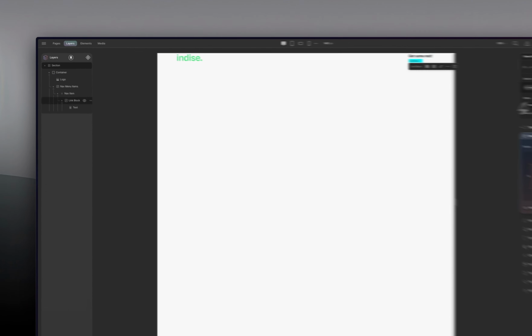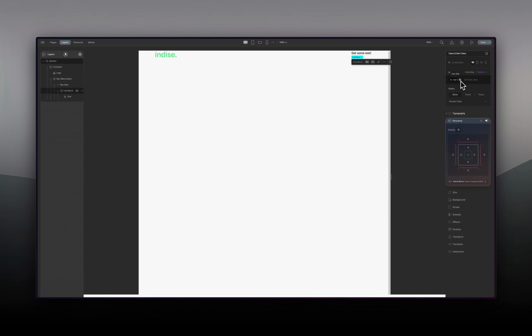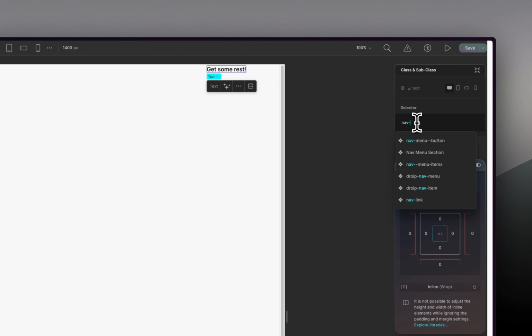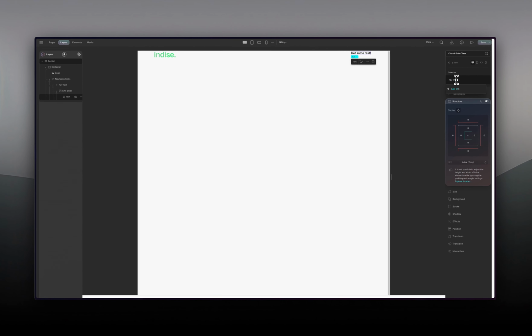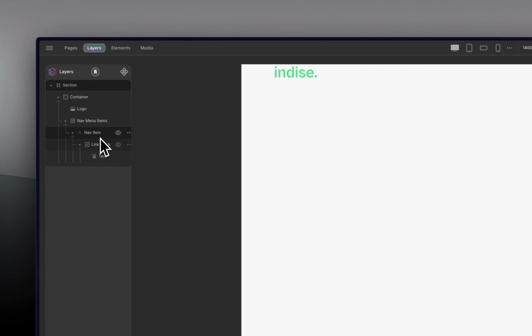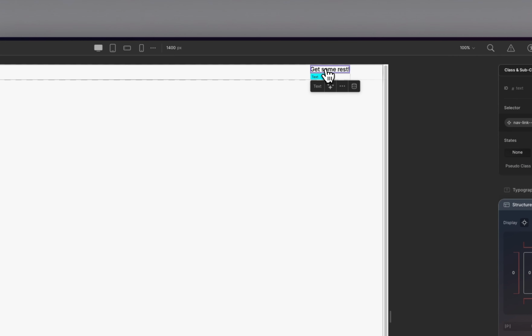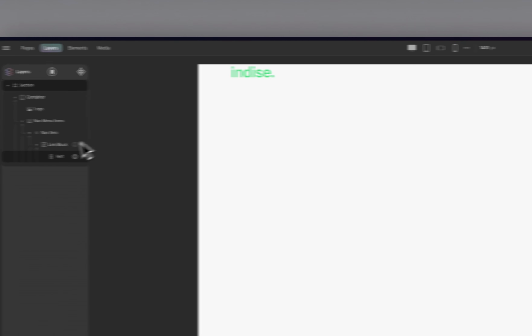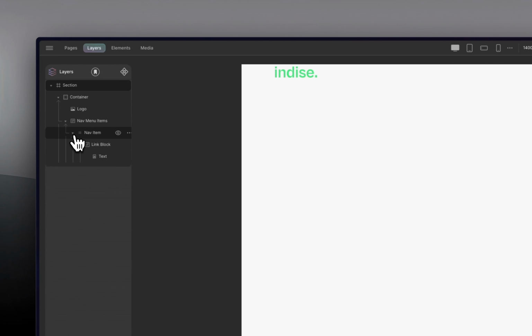All right, so with this we can nav link, you can leave that as the name, and then over here we can say nav link text. All right, that is good. Okay, so there's the first one. We can go in and then change this one to home. That is good. And then let's duplicate this nav item maybe 3 or 4 times.